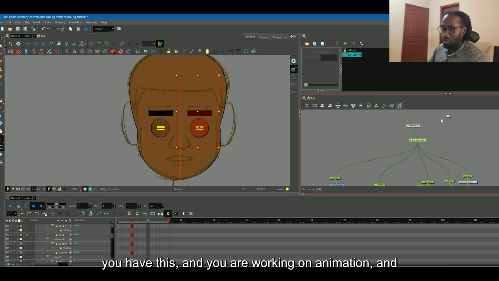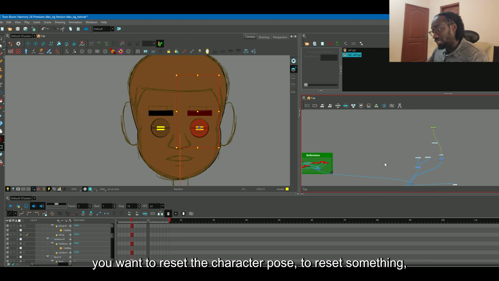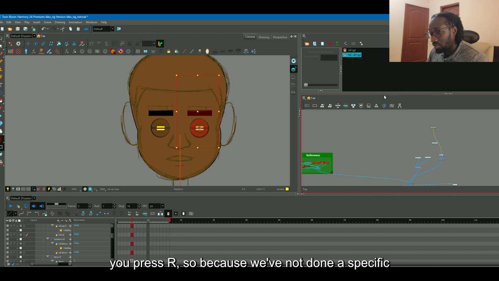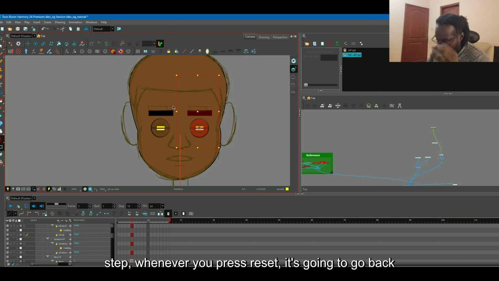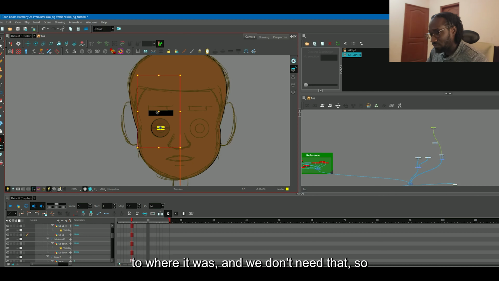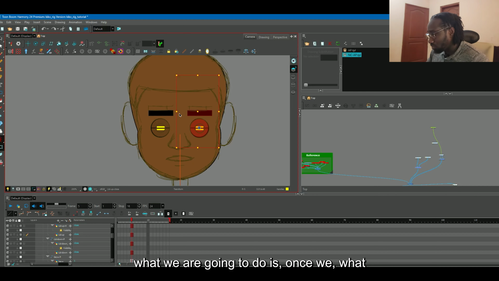So assuming you have this and you are working on animation and you want to reset the character pose. To reset something, you press R. So because you've not done a specific step, whenever you press reset, it's going to go back to where it was, and we don't need that. So what we're going to do is